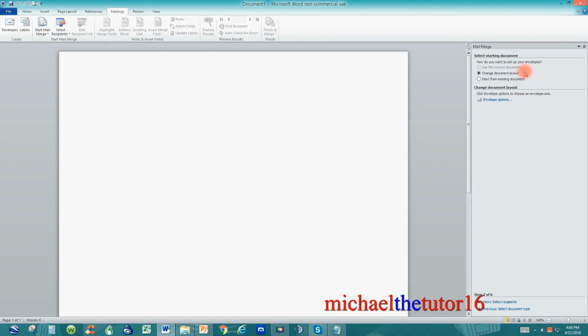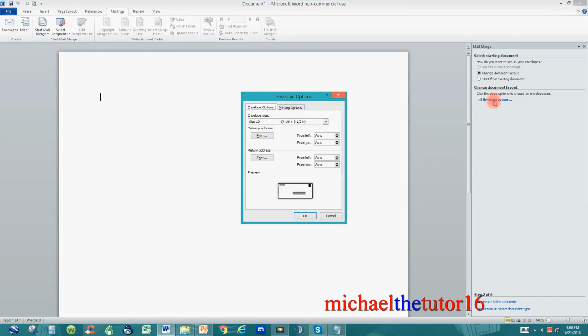Now we're going to set up our envelopes. Go down and click where it says Envelope Options, and the Options box will pop open, and this is where you're going to choose the size of the envelope that you're going to use. You can select different size envelopes by clicking on the drop-down arrow, but once you have your envelope selected,